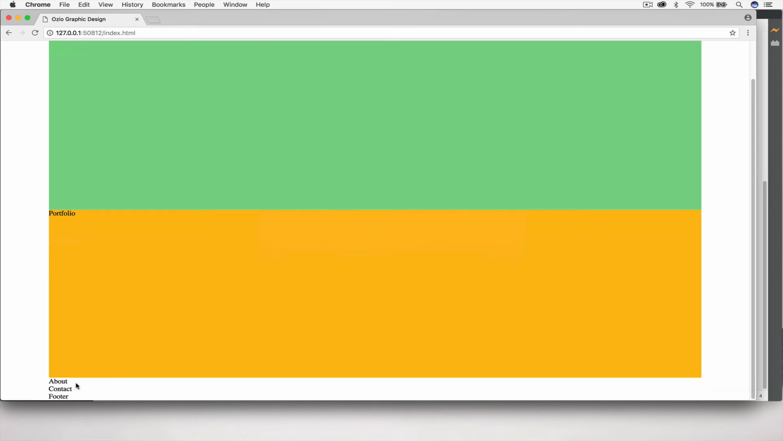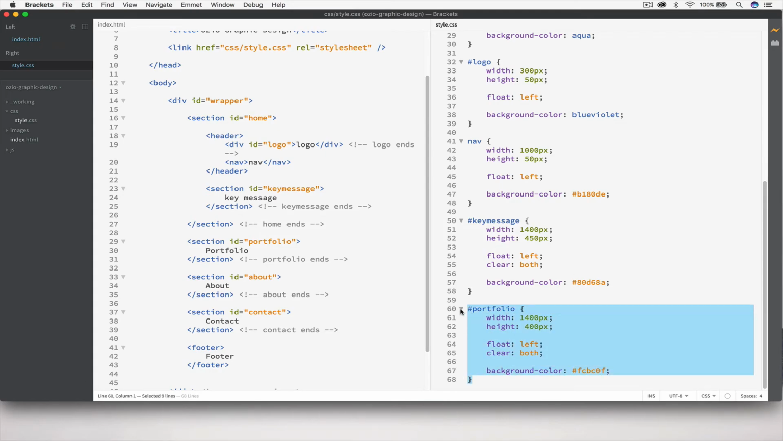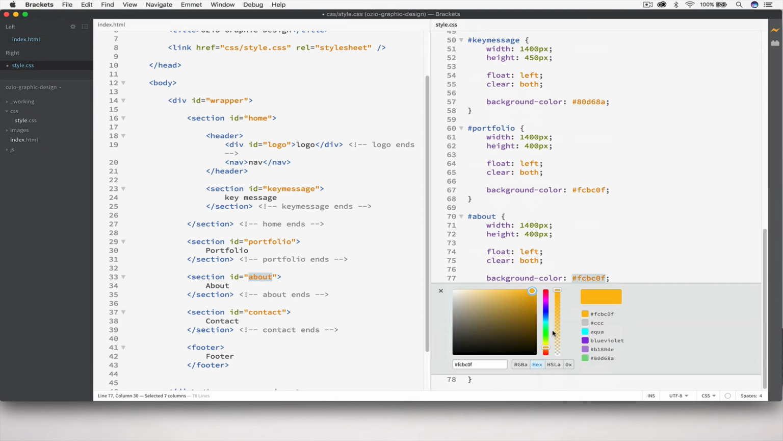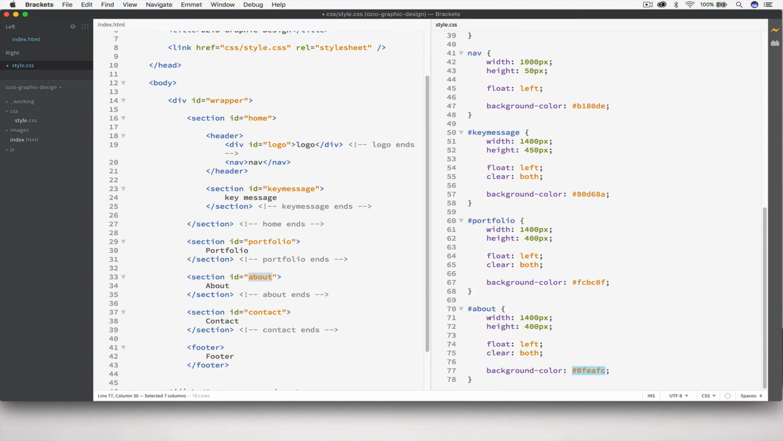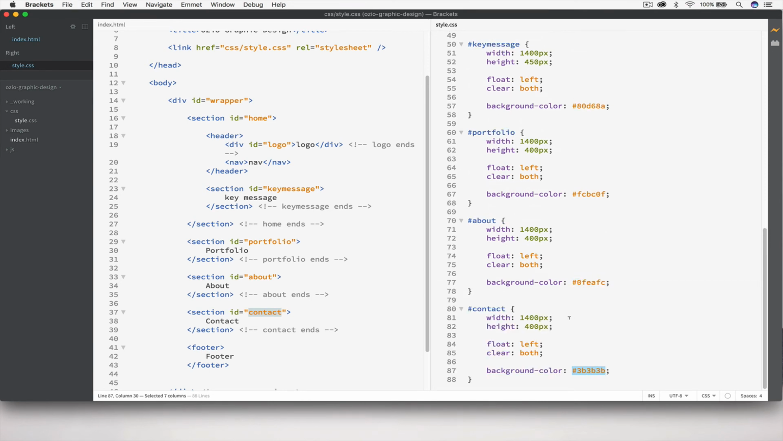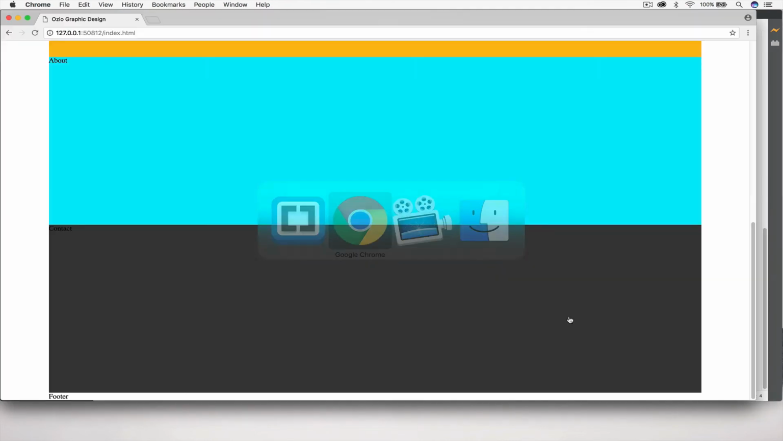need is about and contact, and they follow the exact same rules. So I'm going to highlight portfolio, copy that rule, paste below, change that to be the about, and change the color here to be a cyan kind of color. Below about is contact, so I'm simply going to copy the about rule, paste, contact, and I'm going to change the background here to be dark gray like it was in InDesign, in the initial design. So the contact now has a color as well, and when I view that in my web browser,